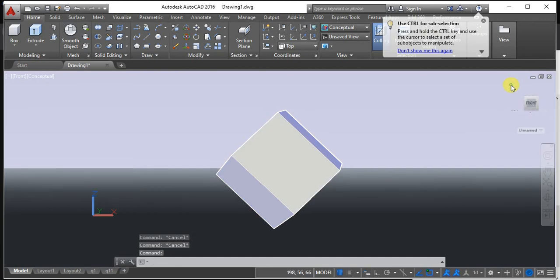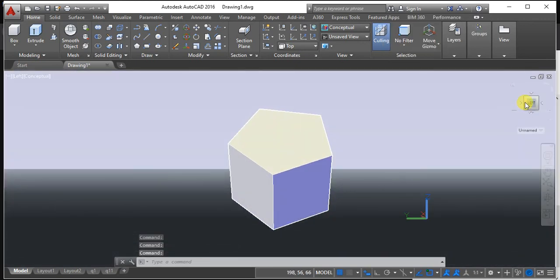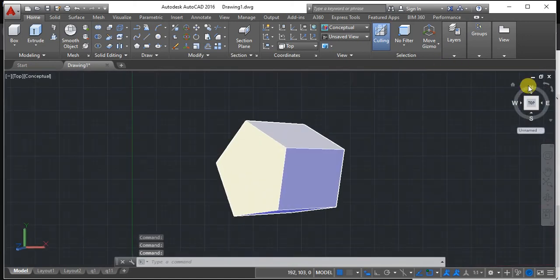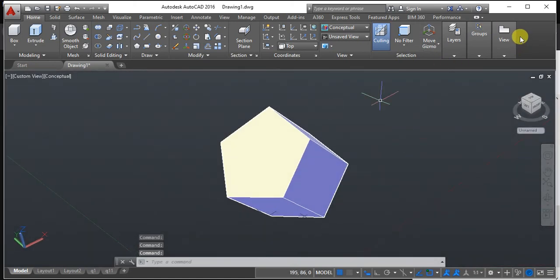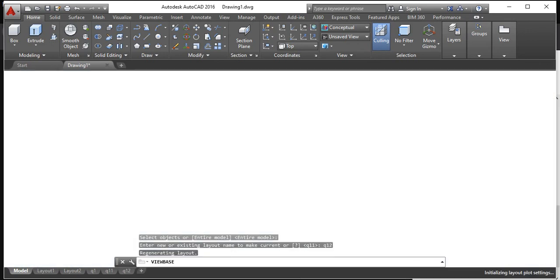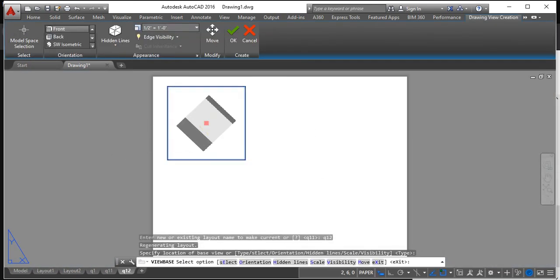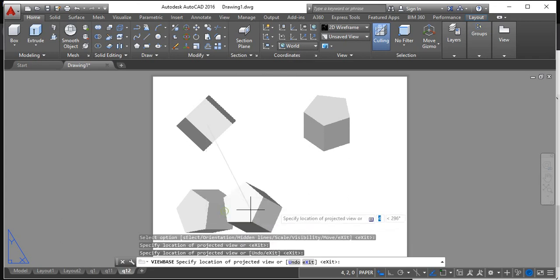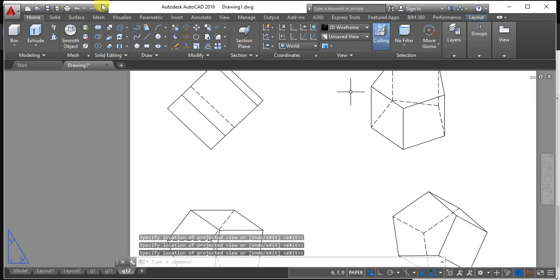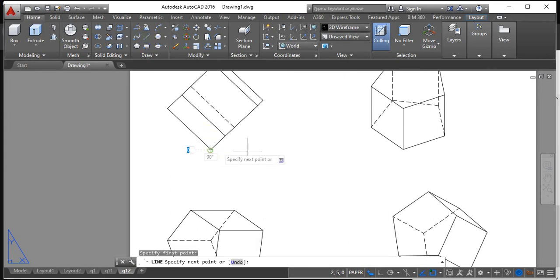Any doubt in this? This is the top view. How does it look like? Top view is not exactly the way it is supposed to be. Now same procedure, view, base, model from space, but before that you just select the first angle projection. So in the front view, you can visualize the angle. This is how the thing looks like. So only in the front view I can visualize the angular notation.